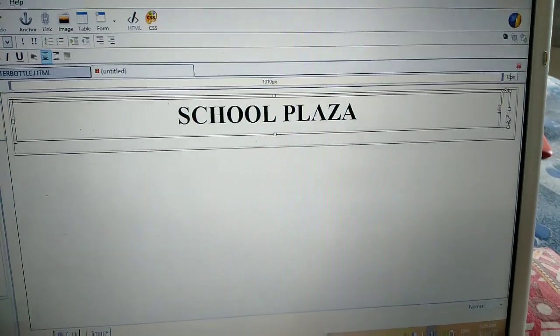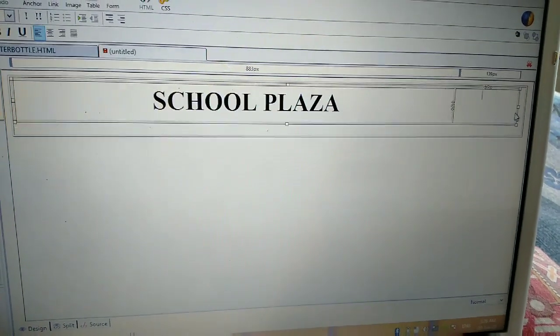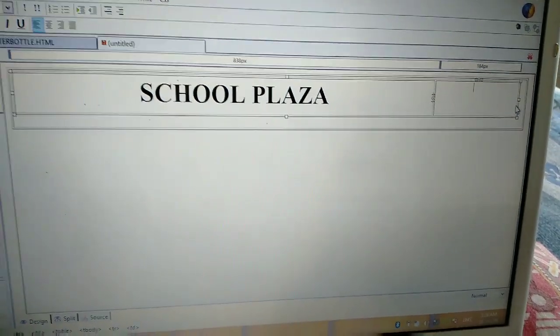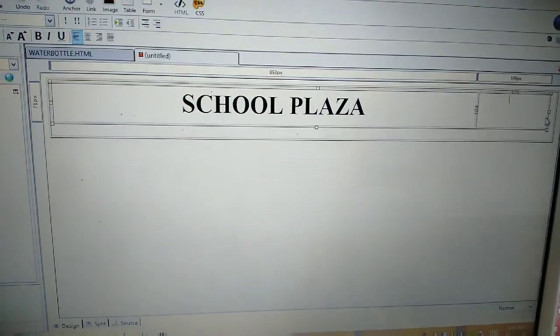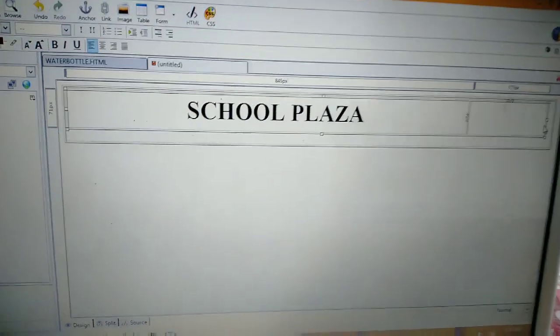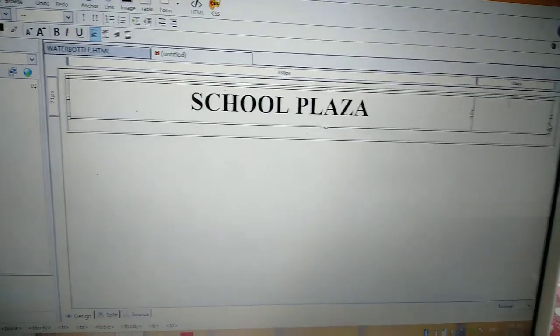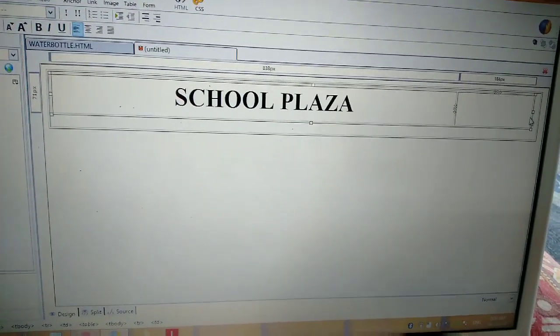Now in this cell you have to insert an image. If you want to increase or decrease your cell size, then simply press the spacebar key or backspace key. Mind well, in website design, designing is most important. If your website has a good design, then the website is good.